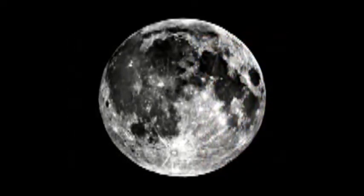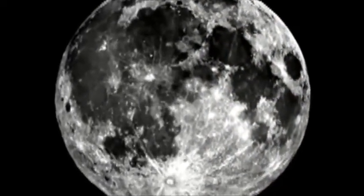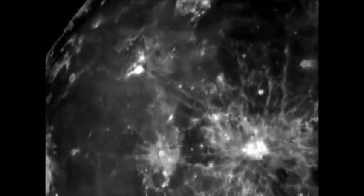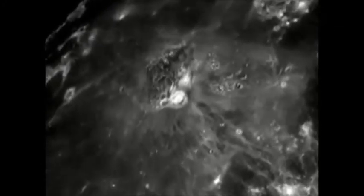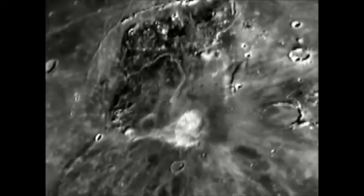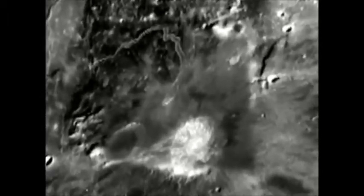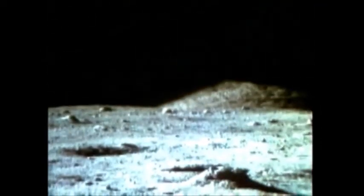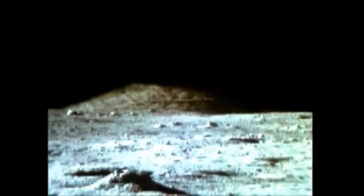Aristarchus has a tortured history, enduring a monumental-sized asteroid slamming into it around 100 million years ago, making a crater more than twice as deep as the Grand Canyon. A few billion years earlier, lava flows and volcanic ash deposits covered the area with glassy materials that are similar to some of the Apollo sites. Most of the moon is covered with what we call the regolith. It is the pulverized rock debris and other material that's been lying there, born by the cosmic collisions that made the cratered lunar landscape. In that soil, where we've sampled it with the human beings of the Apollo